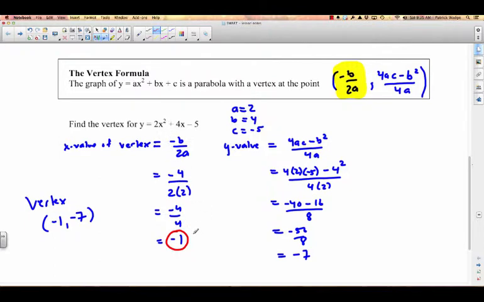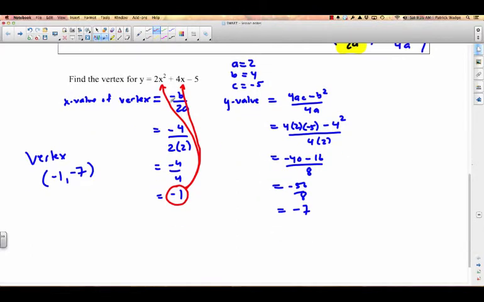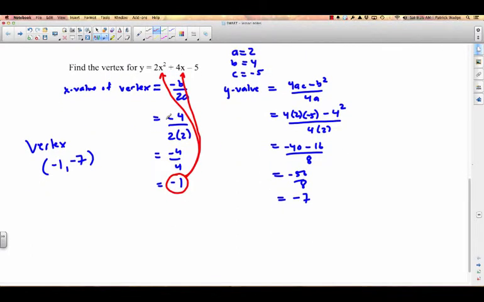Well, what you could do is take this x value and plug it in to the x's. And once you've plugged it into the x's here, it'll give you a y amount. That'll be the y amount of the vertex. Let's show you that this is actually true. y equals, so all I'm doing now is rewriting this equation up here, but where it says x, I'm going to write negative 1. So I get 2, and then negative 1 squared, plus 4 times negative 1, take away 5. So y equals